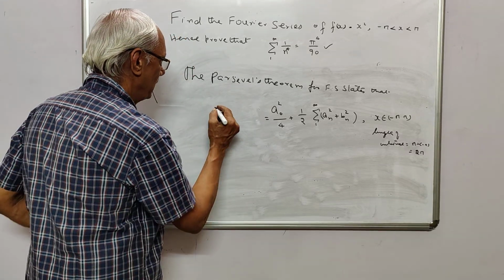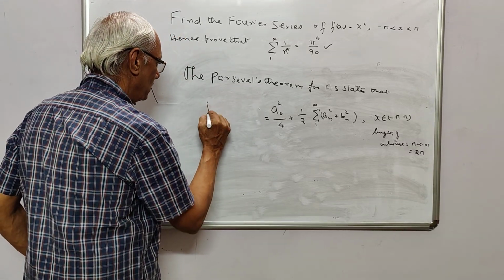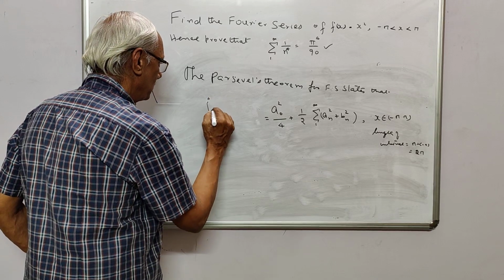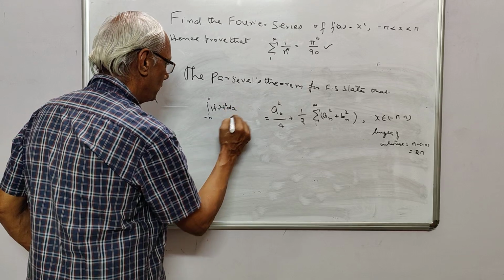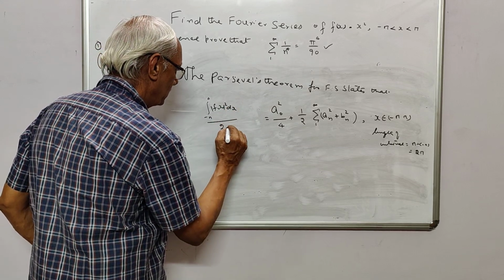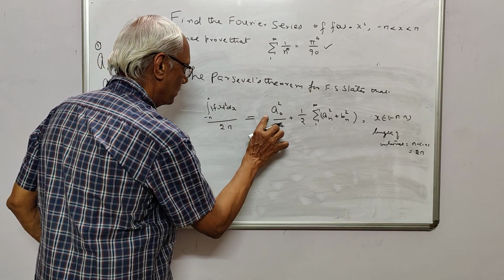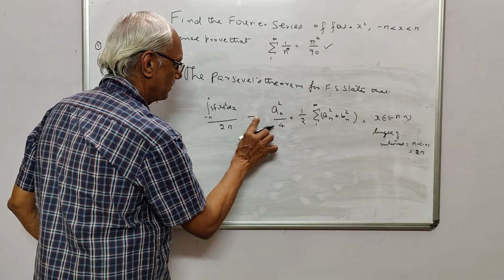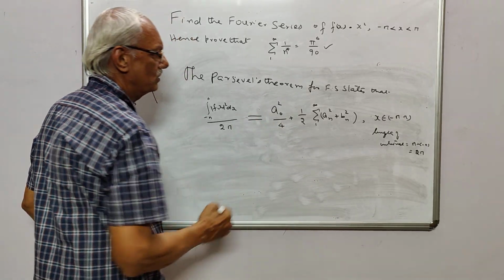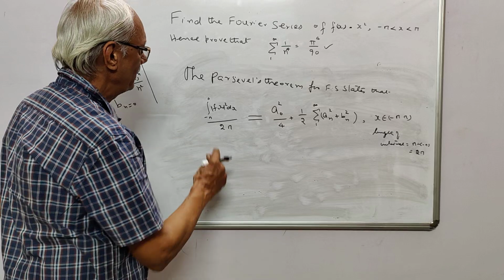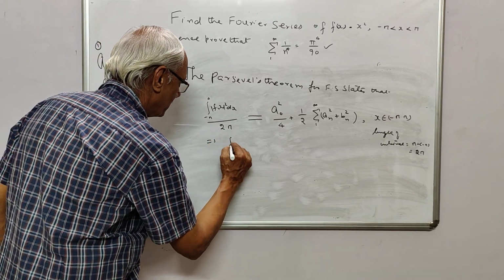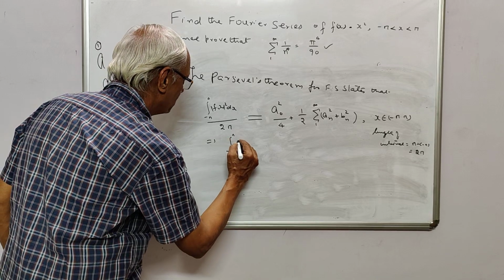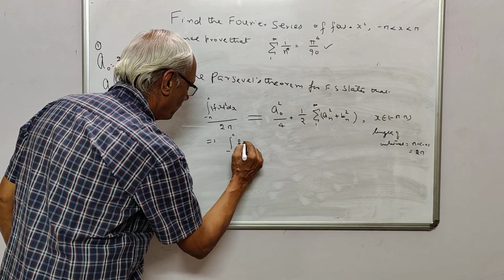That is why I take every pain to see that it is minus pi to plus pi modulus of f of x squared divided by 2 pi is equal to this. So this implies minus pi to plus pi f of x